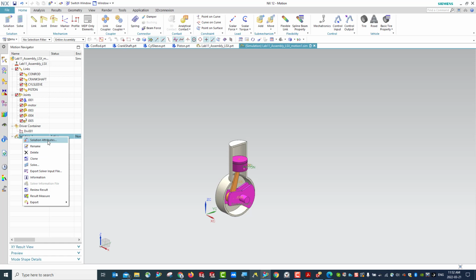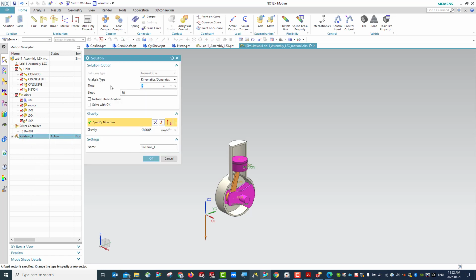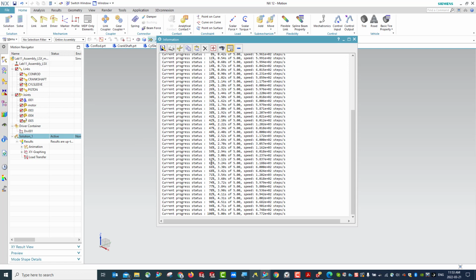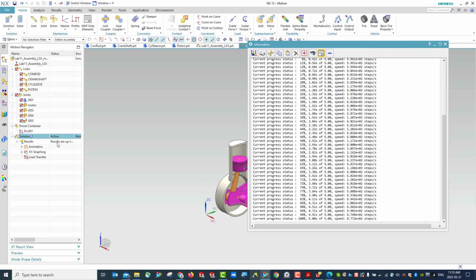Check it. So you can see the time is 5 seconds and the step is 50. Okay, so hit OK. Now let's solve it. You can either right click and solve it, or you can select it and then solve it. Okay, now you can see I got my